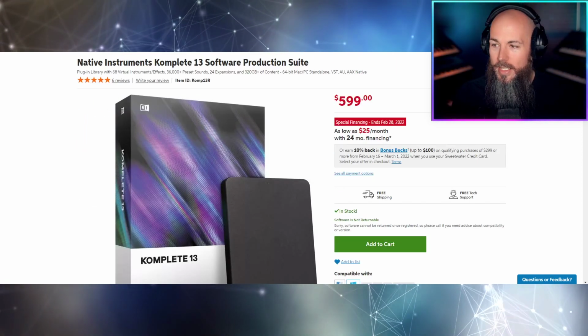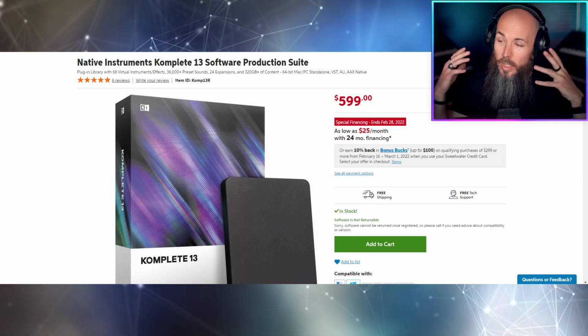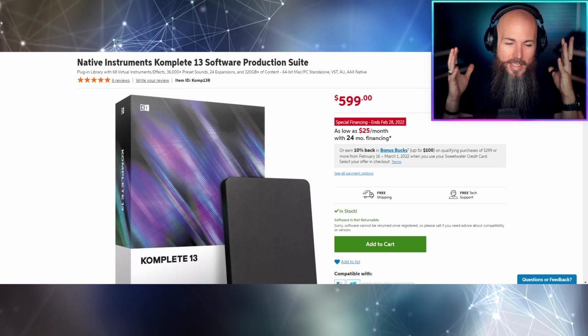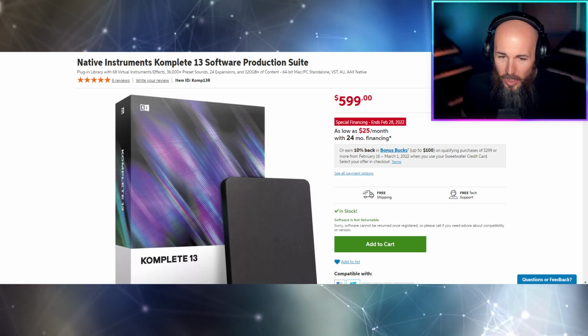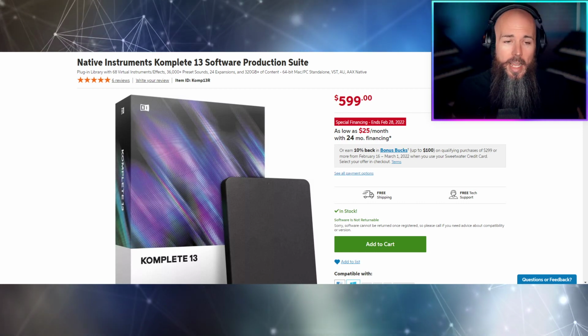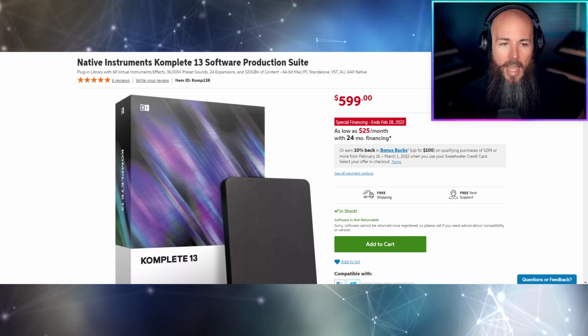Basically, this is the best all-in-one solution if you want to get into electronic music and you only want to spend $600. This is it. This is pretty much everything you'll ever need. There's a more expansive Ultimate Producer version. I don't think that's worth it. It's basically everything Native Instruments has ever made. This is an incredible product, and it barely